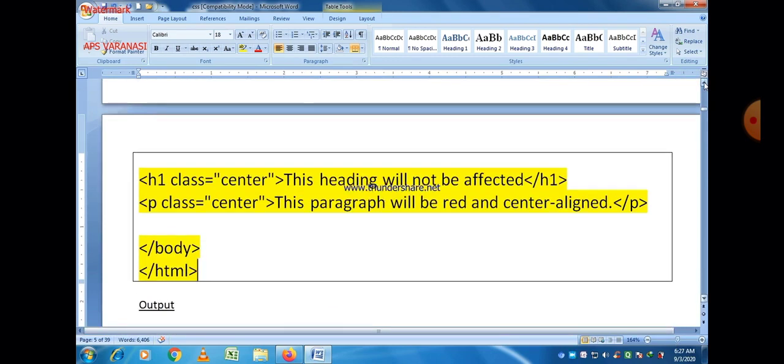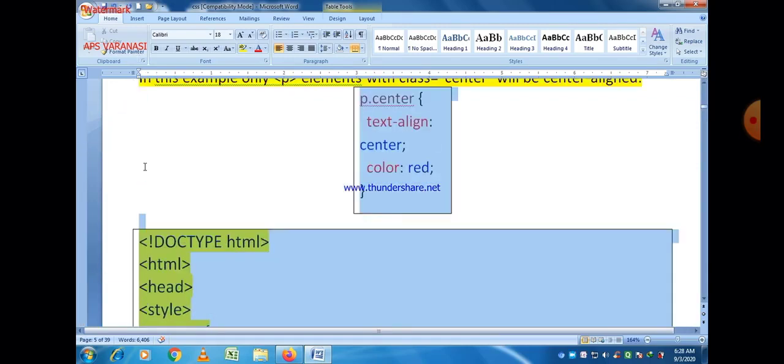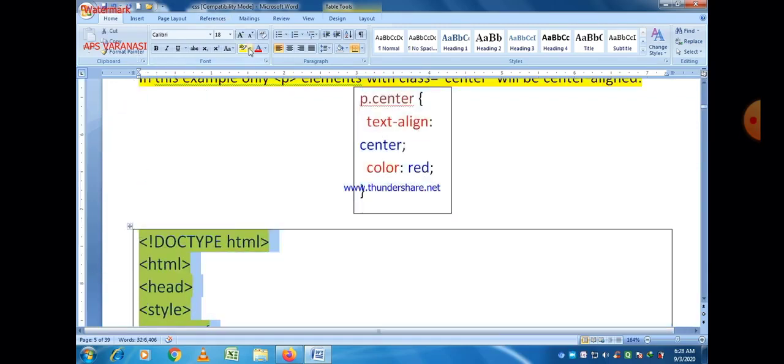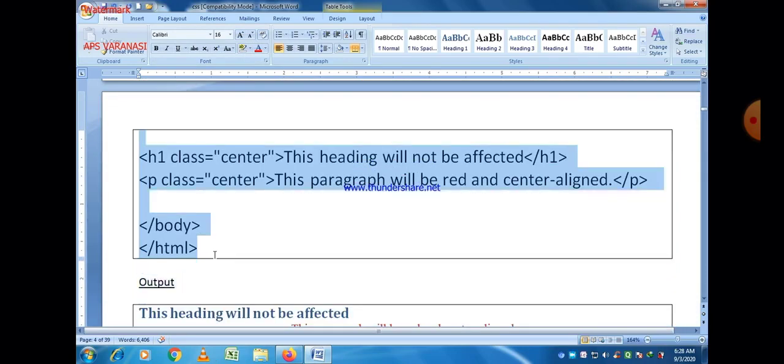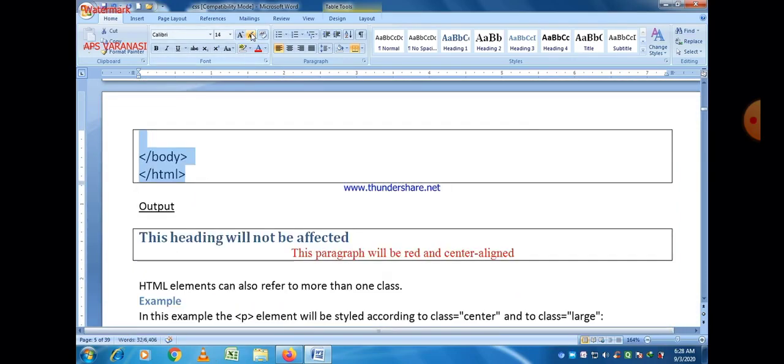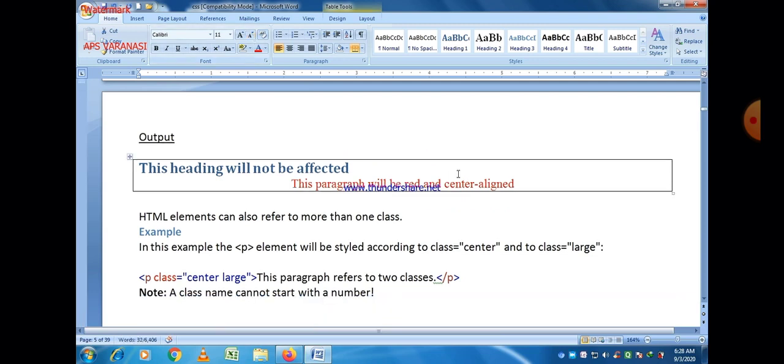If we write just p.center, that means the setting will be applied on only that paragraph. And if we use just .center, sorry, center is the name of the class, then this theme will be applied to all the tags used in that program. And there are only two tags which belong to that class, that is paragraph and heading.